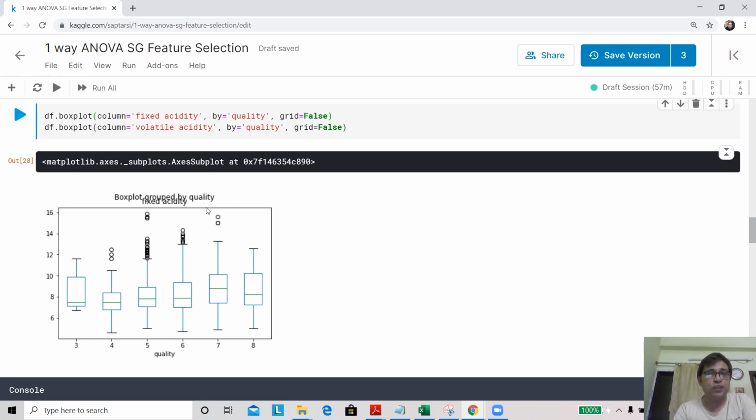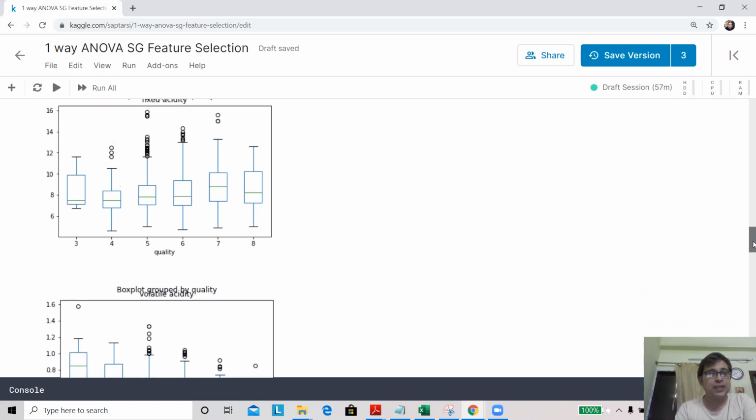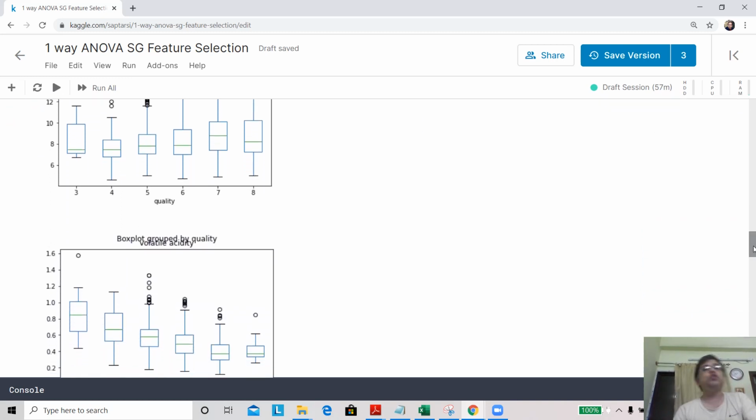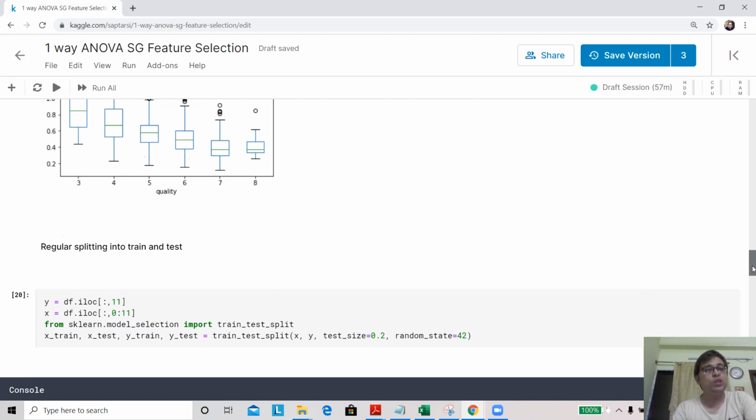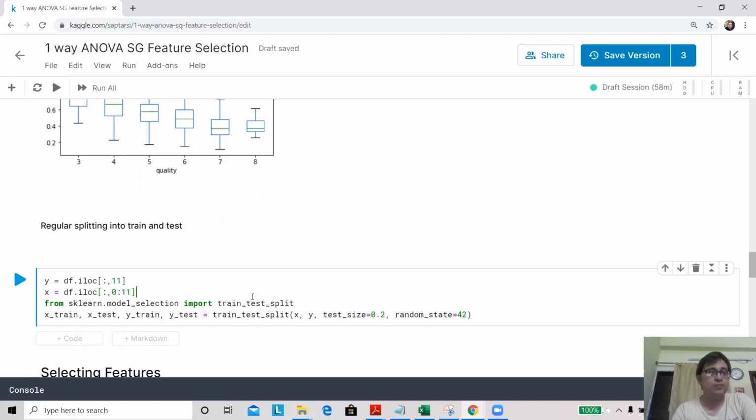And this is for the first attribute, and let's look at the second attribute. If you just visually compare, you will tend to conclude that this is a better feature because the overlap is very high here, while the overlap is much less over here. However, you cannot run this on each of the features and visually inspect. There can be so many features. That's where your feature selection using one-way ANOVA will come into play.